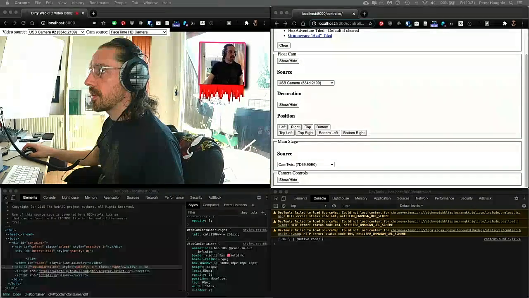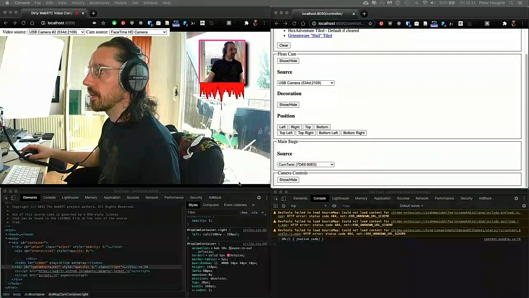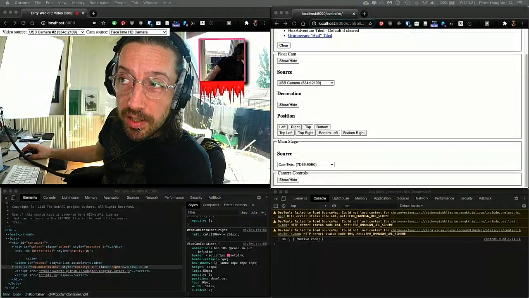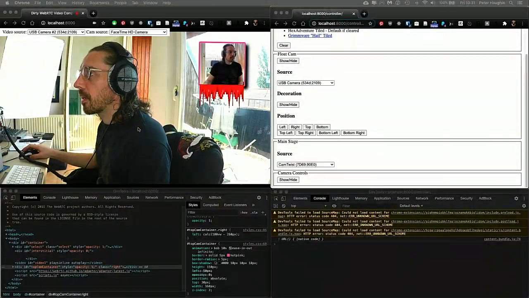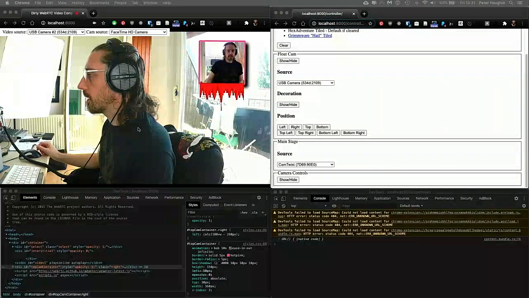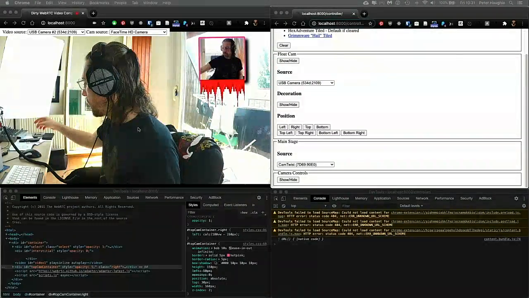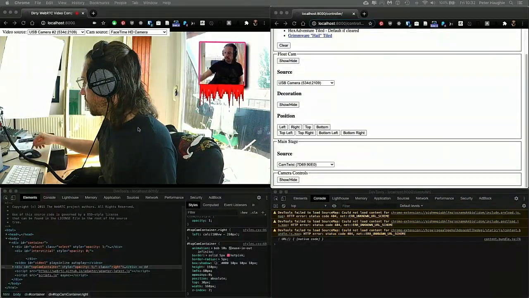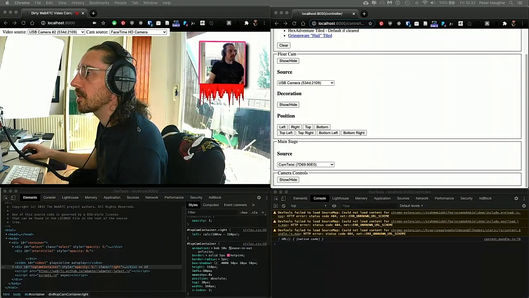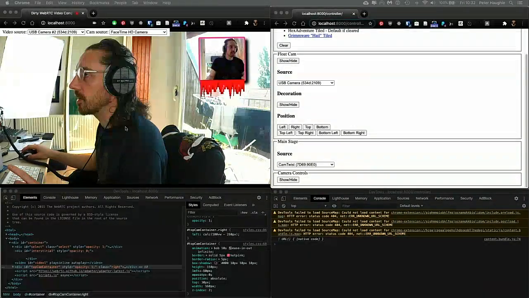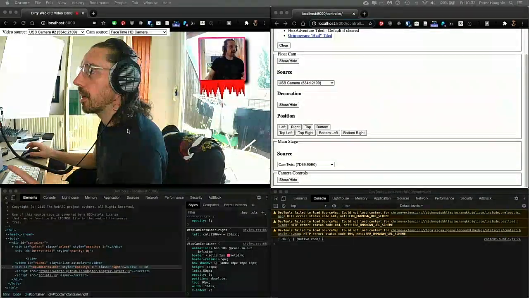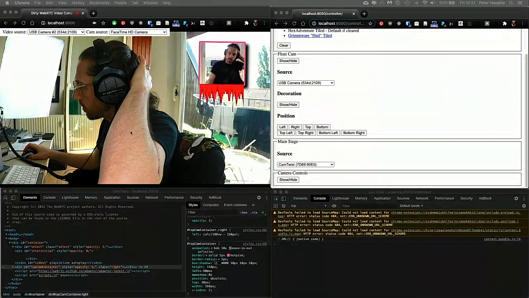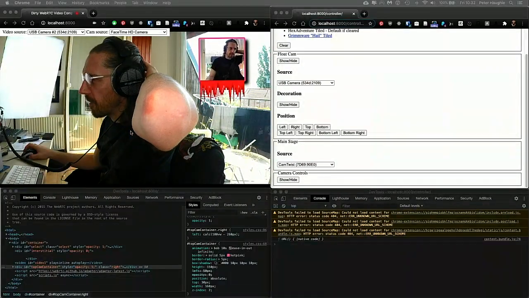As you can see, I've got a couple of cameras up and running here. Main picture is a GoPro behind a ring light, which you can see in my glasses. Main one is just a laptop camera, but it's reasonably well lit, so got controlled lights and stuff. So what we're trying to do here is build a compositor in the browser, because OBS and that kind of stuff is terrible. So the stream that you're seeing at the moment is encoded on a Raspberry Pi 4 using FFmpeg and